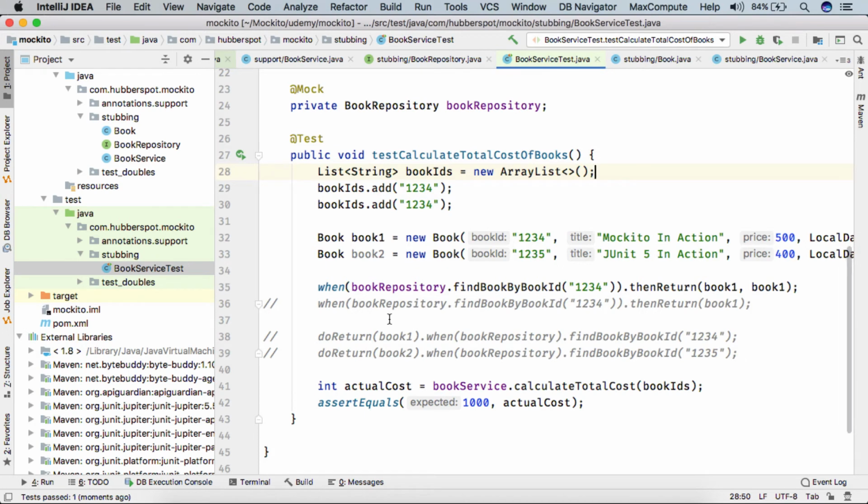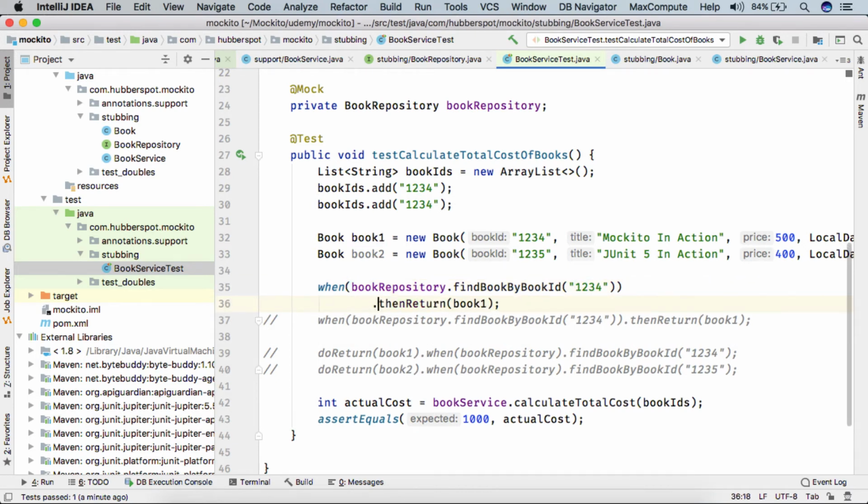Mockito also provides yet another way to do the same thing, which makes it more readable too. Here we are telling that when this method is called with argument 1234, then return book 1, and then sometimes we do it something like this.